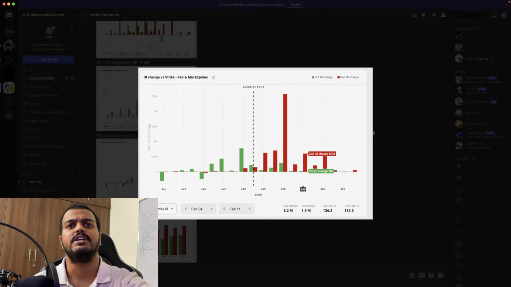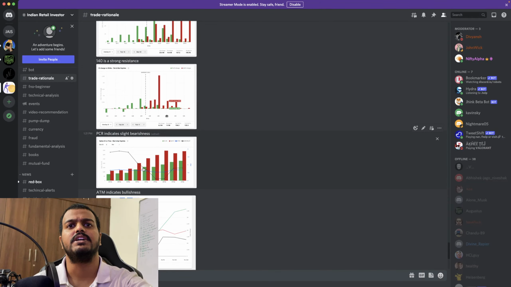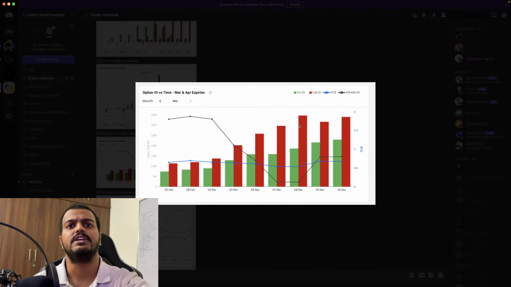But right now, even though there was a huge up move in the stock price, the PCR had a negligible impact. It didn't really move in a huge way. It just moved up, and now after a single day without much movement, it is back to normal, and this is showing us the